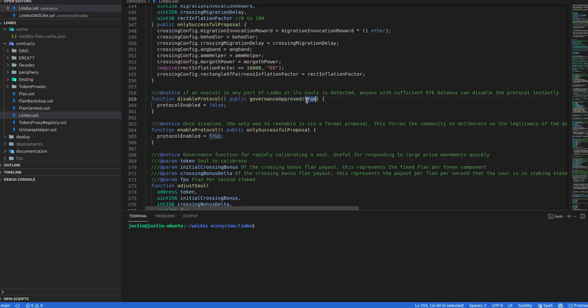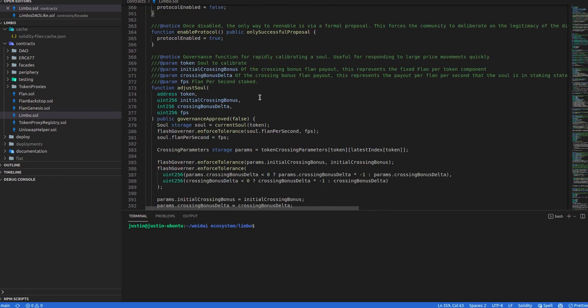The Boolean is about whether it's an urgent type of Flash governance. So if we're changing the APY, it's obviously not urgent. But if it is urgent, if it's set to true, then it means that we can do this as many times as we want. If it isn't urgent, then there's a certain amount of these decisions you can make per epoch, and that's to prevent a Karen attack, of overwhelming the DAO with complaints.